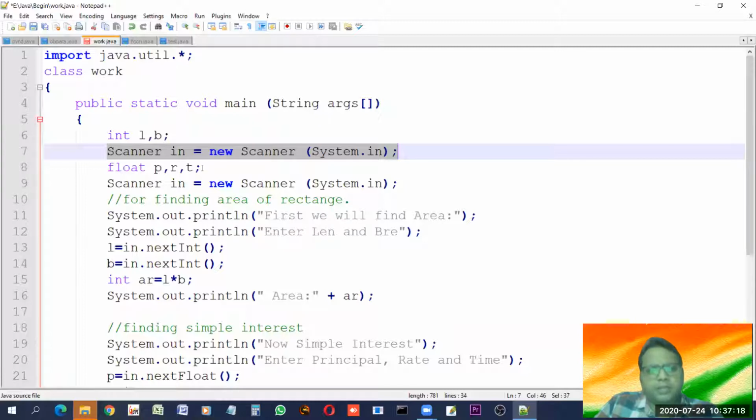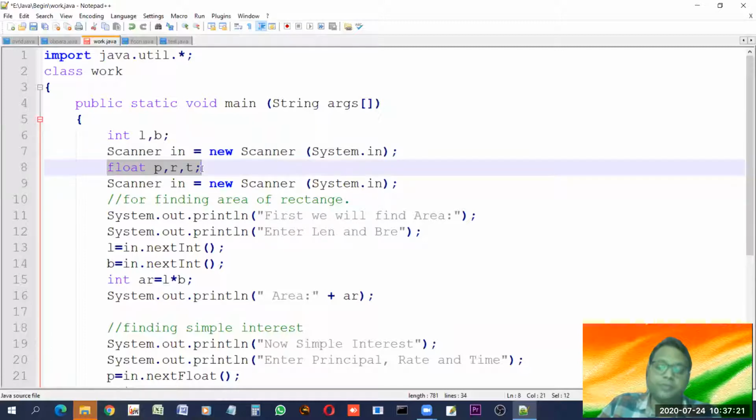Now I have made this P, R, T. Yes, we have to find the area. Sorry, simple interest also. So for simple interest, we need principal amount, we need rate of interest, we need time. So these things are needed. If any one of them is missing, then also we cannot find the simple interest. All three data are important and all three are needed. So we need these three things. So normally it is good to create variables in the beginning. Although we can create variables anywhere it is needed, it is always good to do so. So this is how we